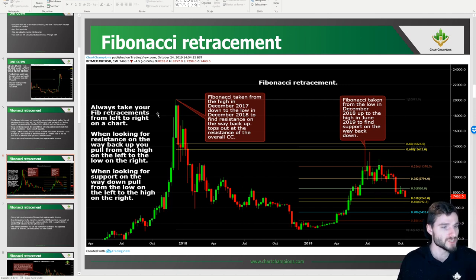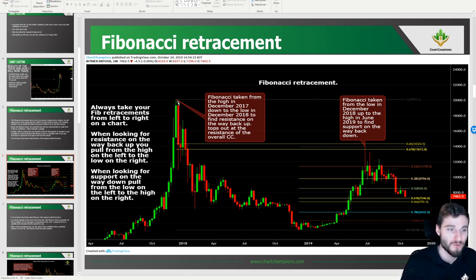Okay, so one thing that I wanted to start off with tonight is because I see people using this incorrectly in the group as well occasionally. I've seen it so much. You have to know, when taking fibs, when taking Fibonacci, please always make sure you take from left to right,